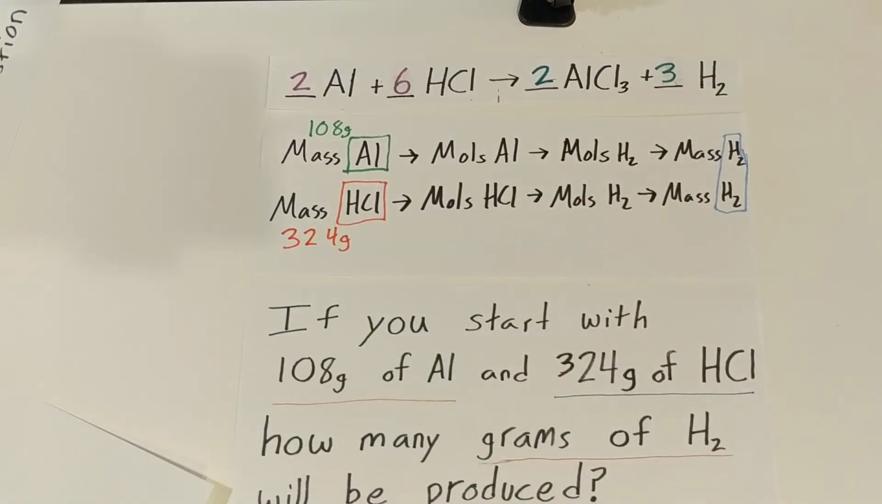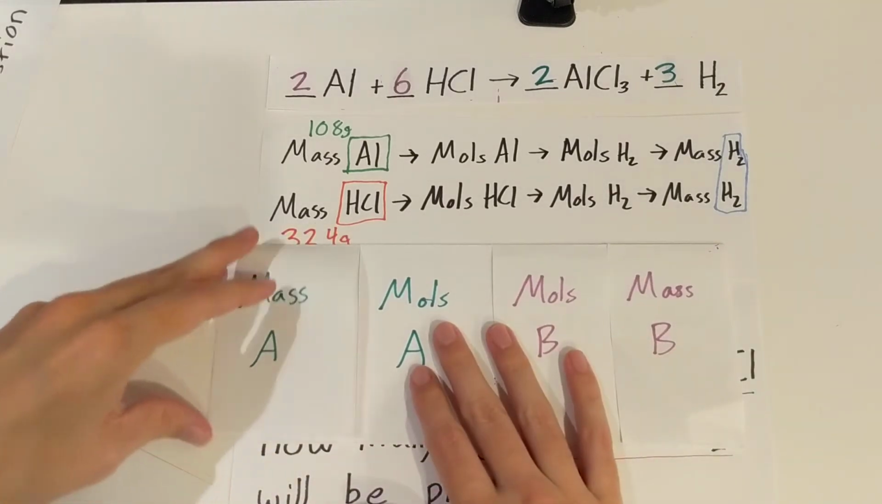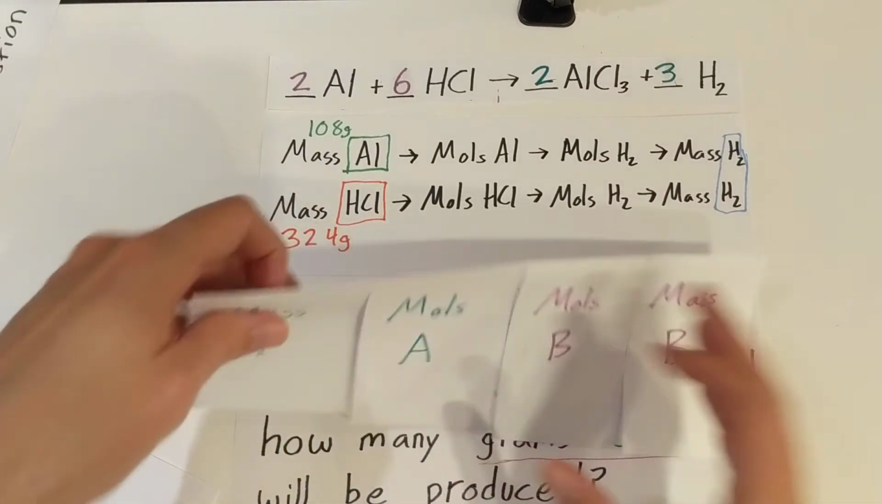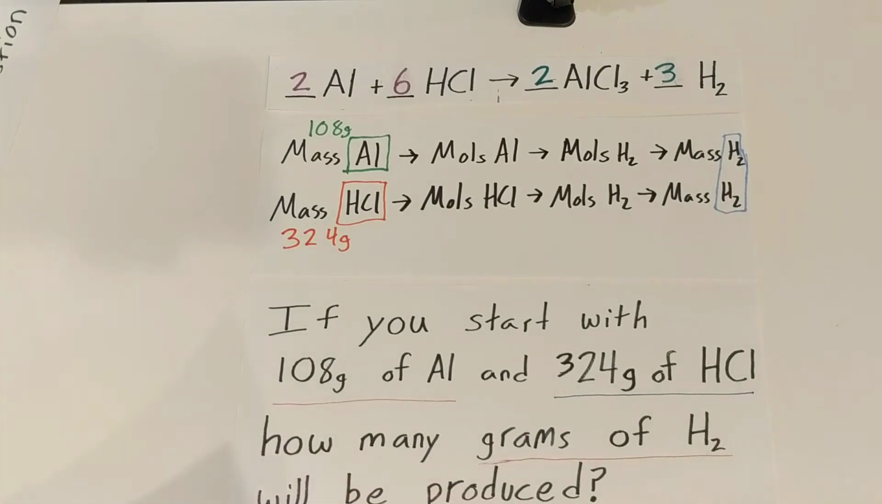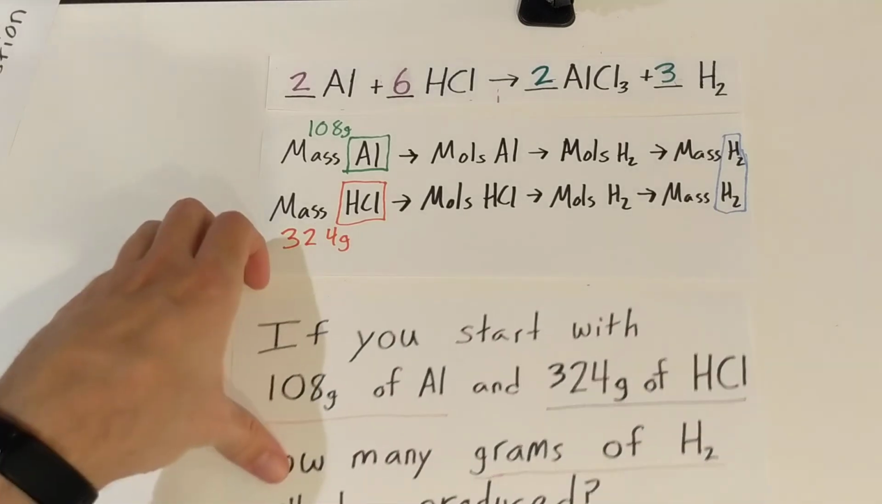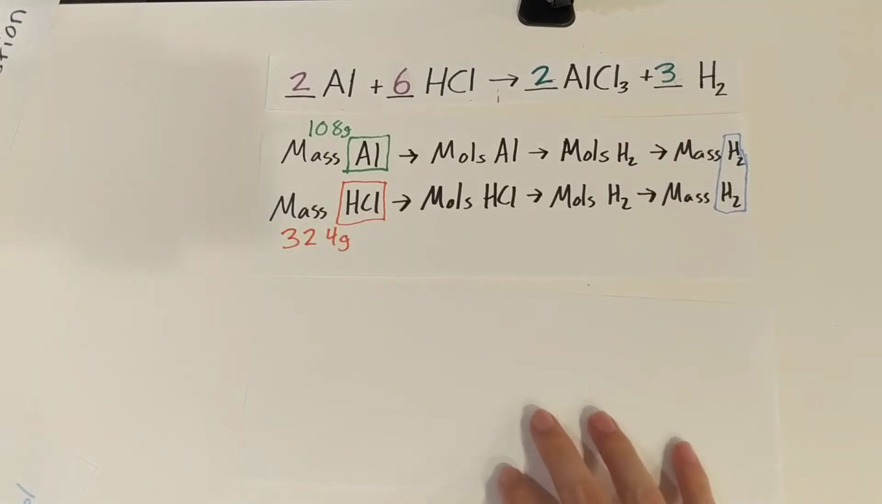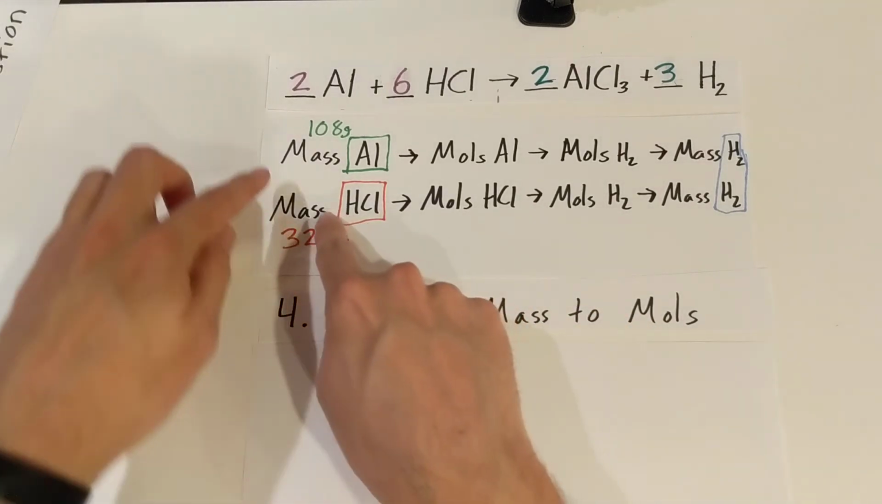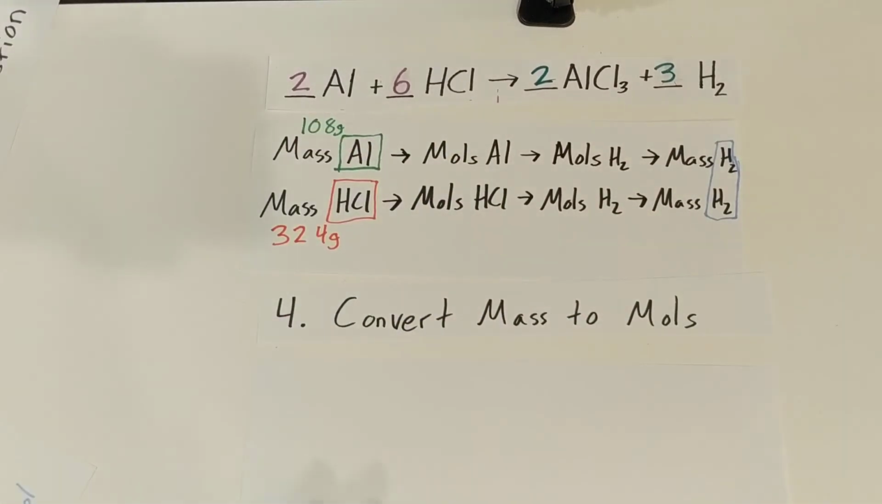So our goal now is to convert these into moles. In order to do that, we need to divide by that molar mass. And if you have this foldable, you just flip that up and it'll tell you exactly what you've got to do. Divide by that molar mass. All right, so if we look at step 4, it's convert mass to moles. So it's just moving from here over to here. So let's start with